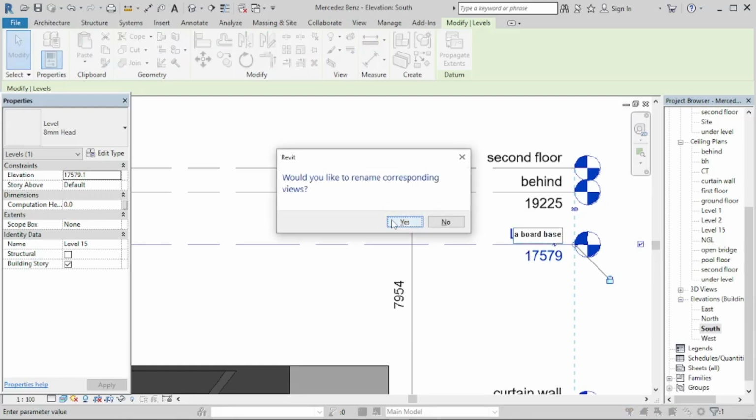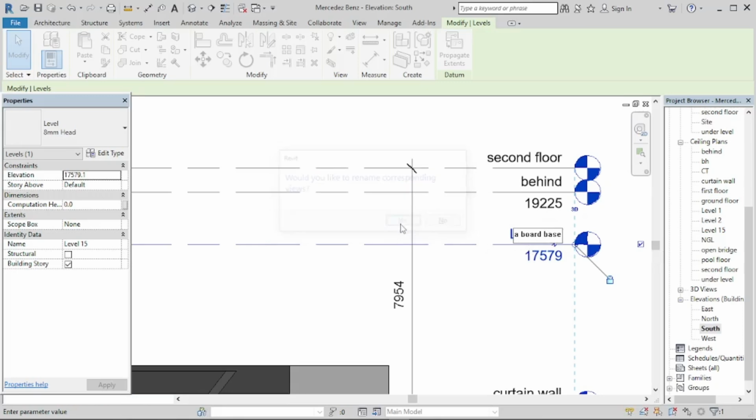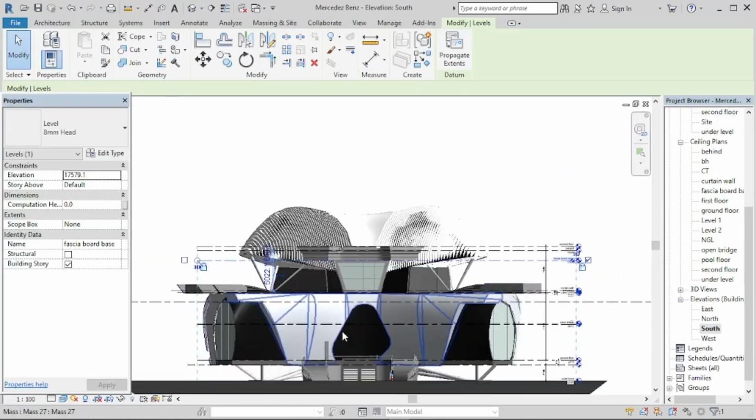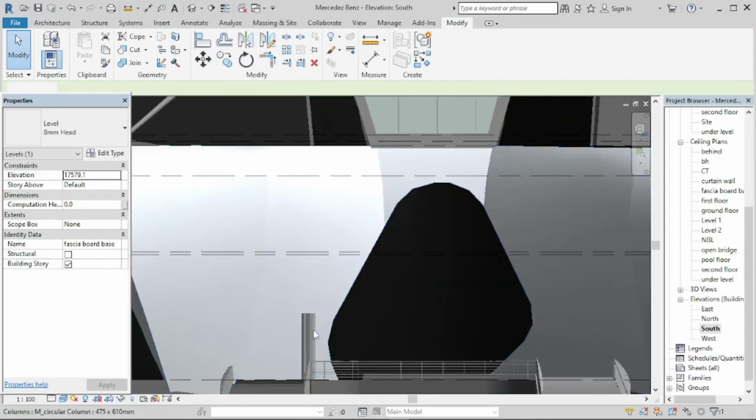Would you like to rename the corresponding view? Yeah, so it appears here also, not just here. So you see, yes. Okay, so we have that changed already, and now we want to make this column